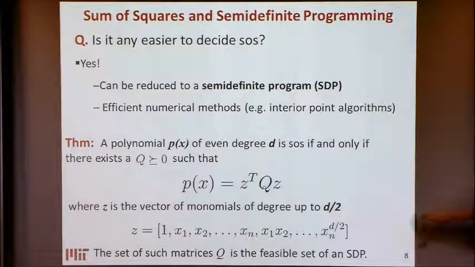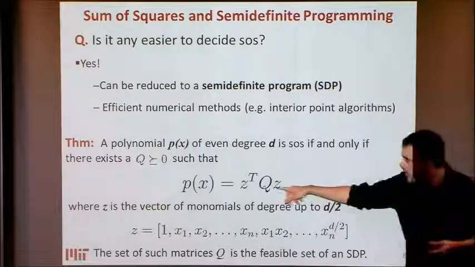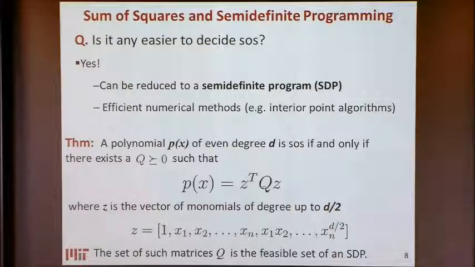If you're concerned about the size of the semi-definite problem, how big is Q? Maybe use a board. So that's essentially of size, I have all the monomials of size up to d over 2. So that's n plus d over 2 choose d over 2. Remember, d is even. And this is actually, let's say for fixed d, polynomial in n. Sorry, actually polynomial in both. Whenever you fix either one, it's polynomial in the other.